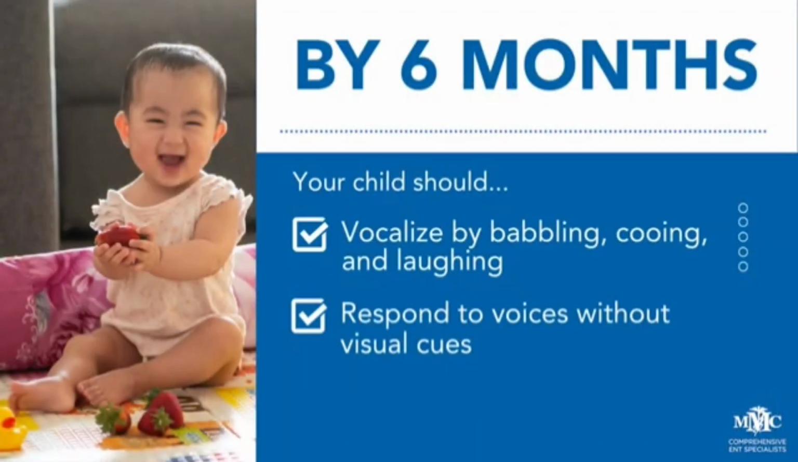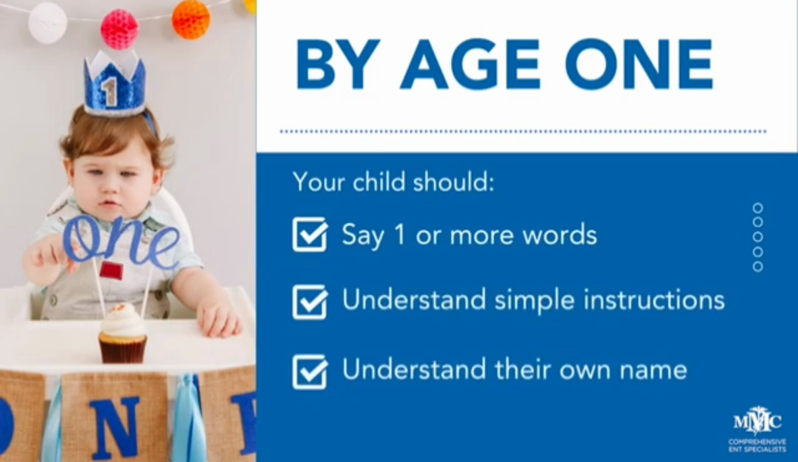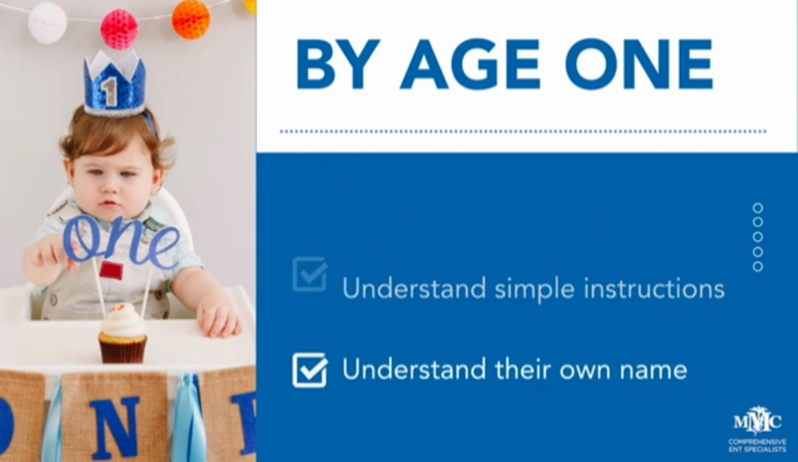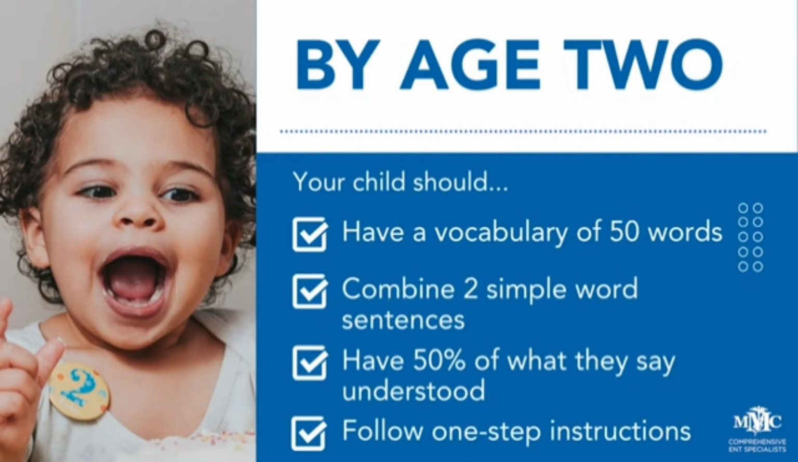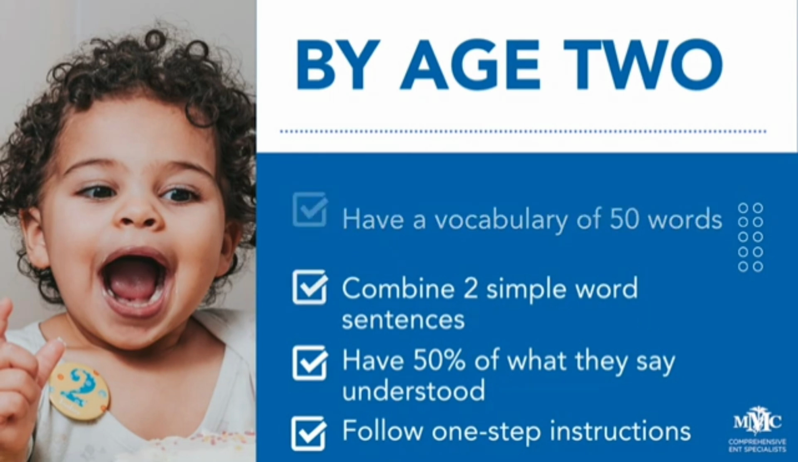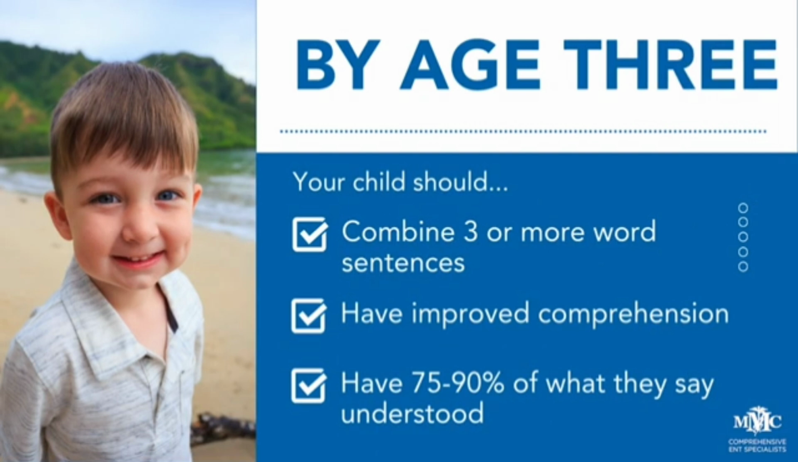We will be talking about speech and language development schedule for your kiddos. By 6 months, we want your child to be able to vocalize by babbling or cooing or laughing and respond to voices without any visual cues. By age 1, we want your child to be able to say 1 or more words, able to understand simple instructions, able to understand their own name. By age 2, we want vocabulary of 50 words, combine 2 simple word sentences, have 50% of what they say understood, and follow 1-step instructions. By age 3, we want to combine 3 or more sentences, improve comprehension, and have 75 to 90% of what